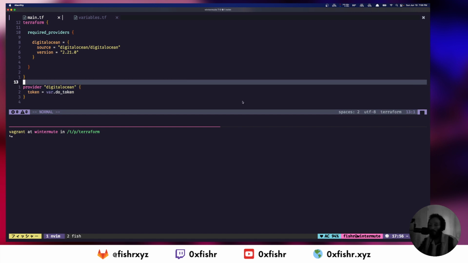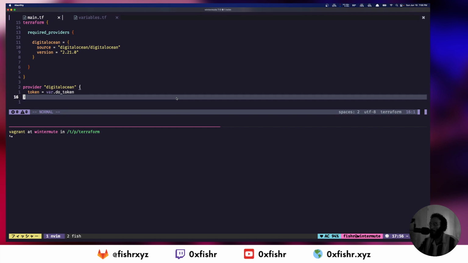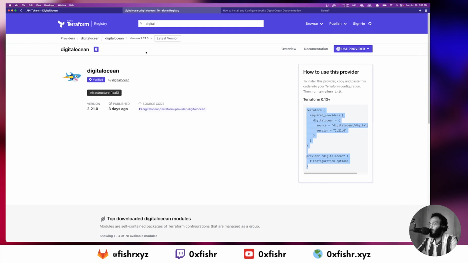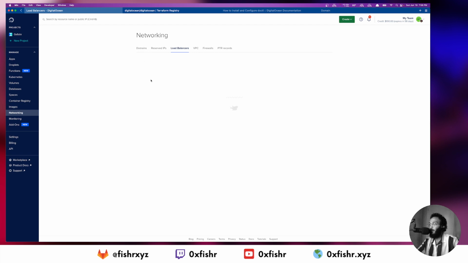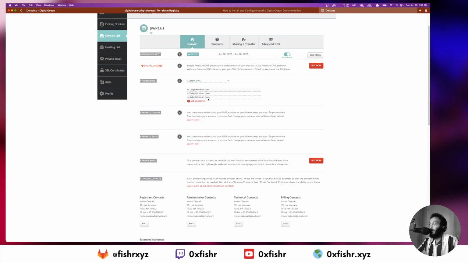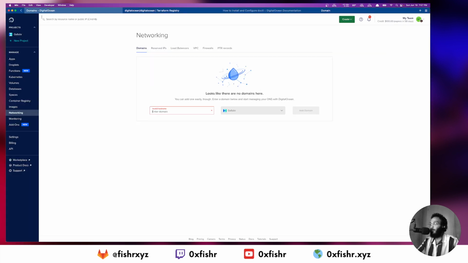Okay, so we have added the DigitalOcean provider. Now what we want to do is add the first element, which is a domain, right? So we'll go back to the DigitalOcean console, and if we go to networking, domains, you can see we can add a domain, right? And if you remember, I've set up my domain to point to DigitalOcean's name servers. So essentially what is left for us to do now is to register that domain